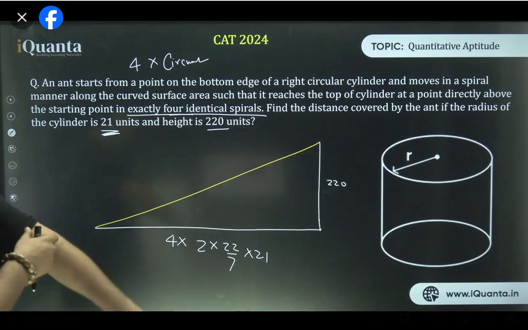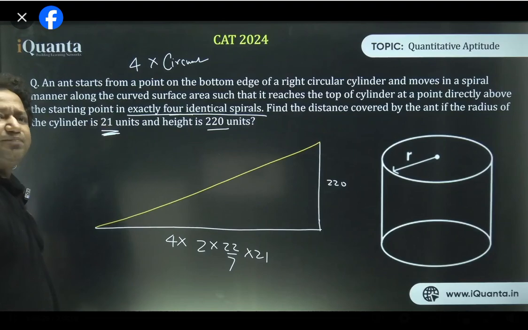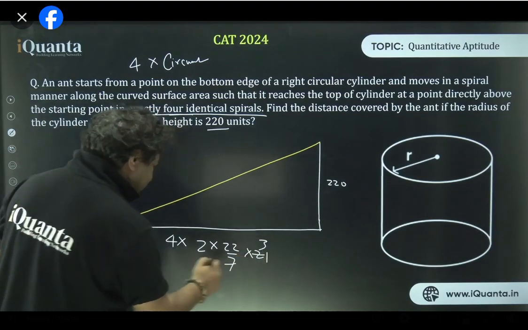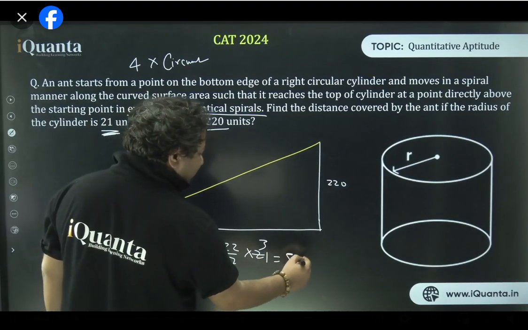I made this question and a similar kind of question came in CAT at some point of time. It was a spider over there. It was spinning a web. The length of the web was asked. 7 3s are 21. So we have 4 into 8 into 24. 24 into 22, how much is that? 528. Just check the calculation once.